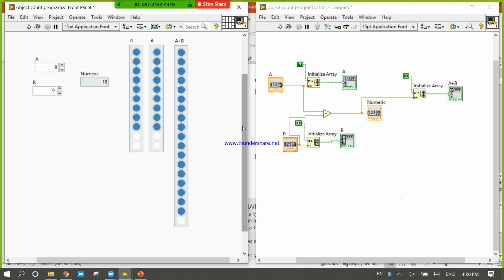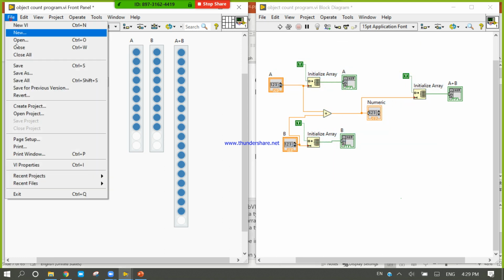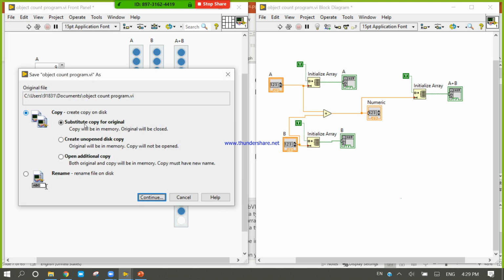Please save this program, all of you, with the name Basic Child Learning App. We will develop this program day by day according to our learning speed. Please save this program, Basic Child Learning Apps. We will upgrade this program day by day. Now all of you save this program. I am also going to save this program. Save as.